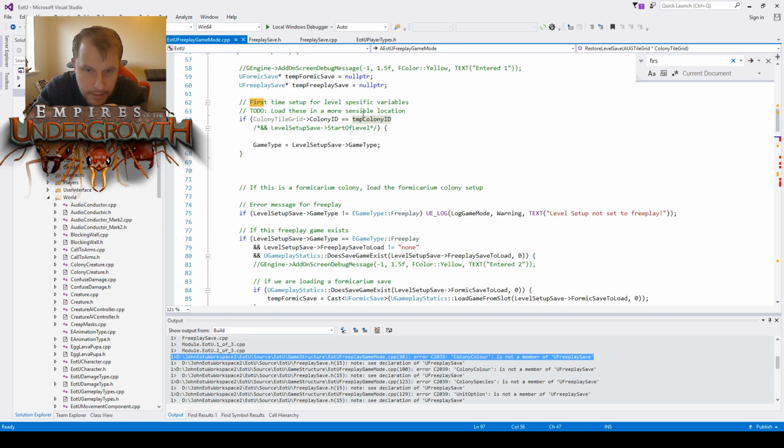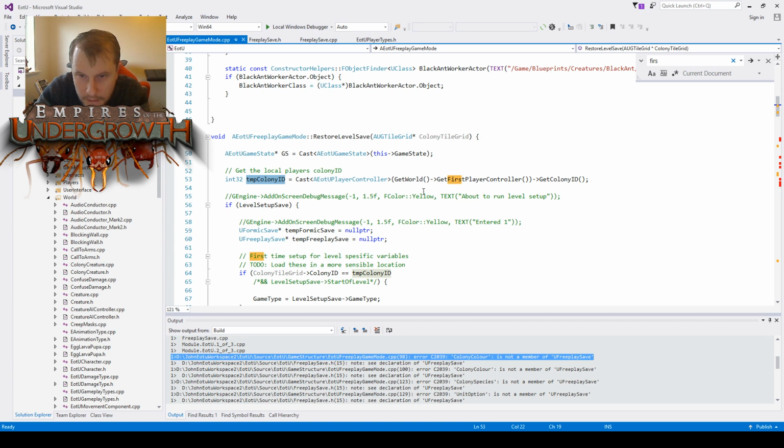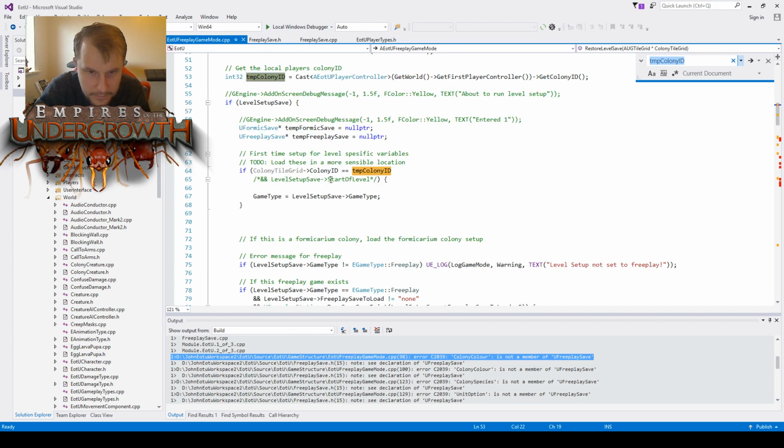So what's temp colony ID? Temp colony ID is set here. So it's just getting the colony ID of the first player. It's not exactly what I was hoping for. Now what we need to do is we need to get... so where does it use that? It first uses it here. Okay, what we're going to need to do is instead of getting this temp colony ID just from the first player,